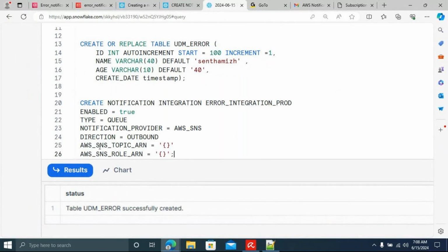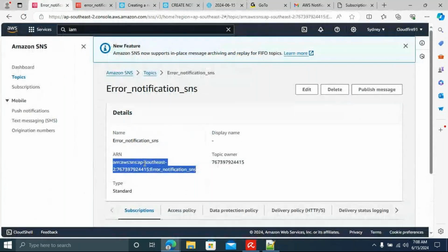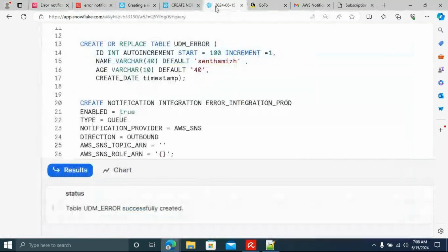Now you already know this value, right? Remove the placeholders. Instead of placeholders, you have to supply the SNS topic ARN. Go to SNS. This is the ARN, right? Just copy this ARN. This is the SNS topic ARN. You can provide it here.